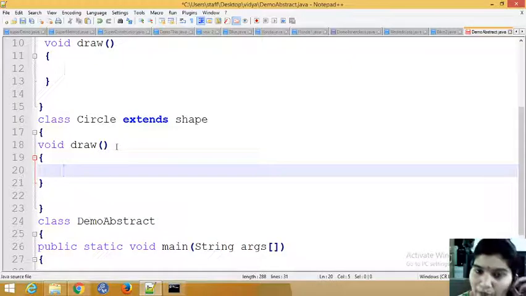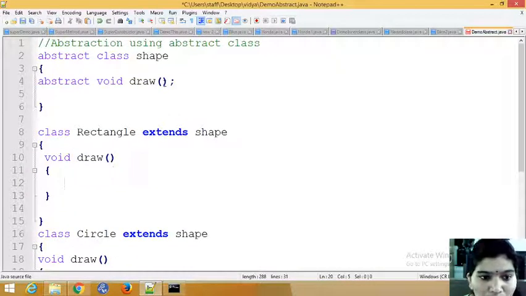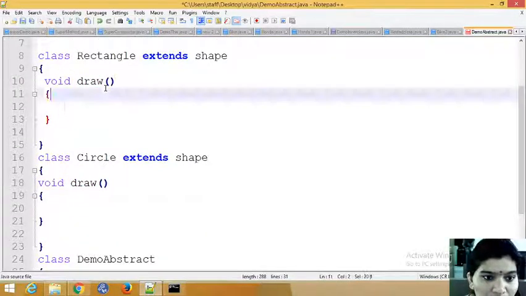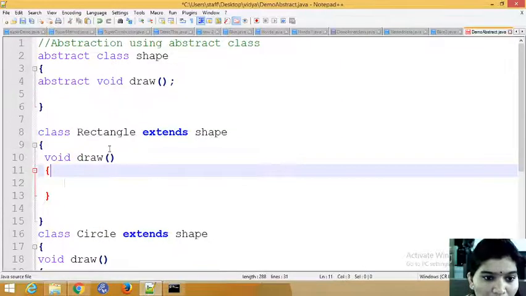Take an example from the banking sector: you have withdrawal, saving and deposit, the basic operations. Once you declare those common operations, you can override or inherit them in any class. I'm doing the same here: I declared it as an abstract method and I'm just implementing it as the Rectangle requires.